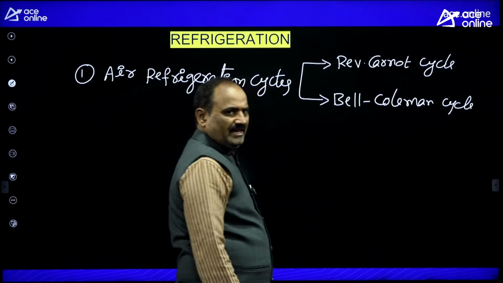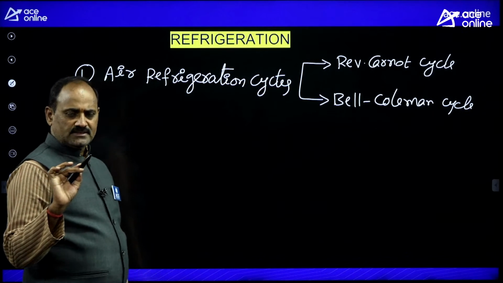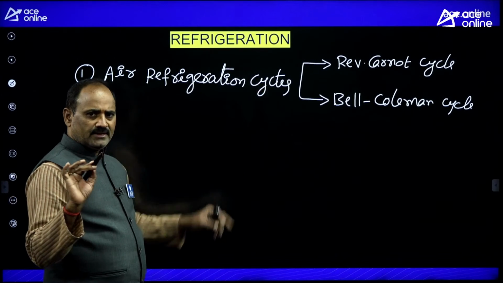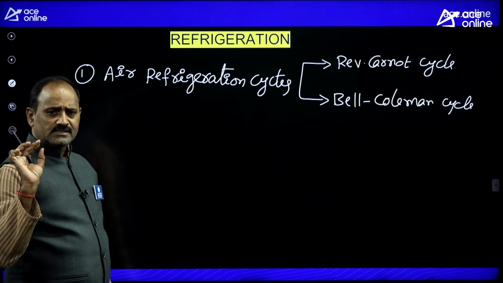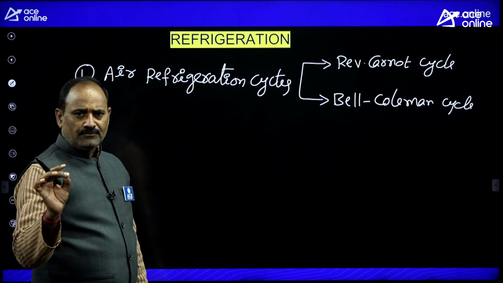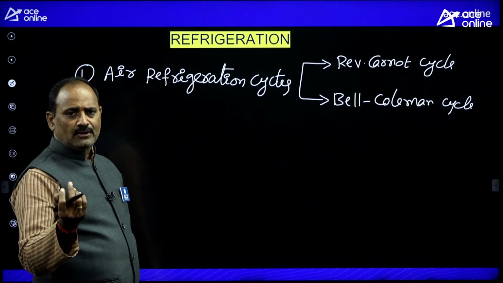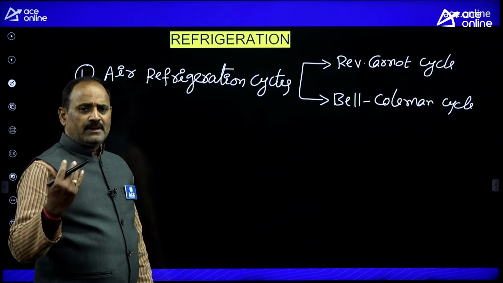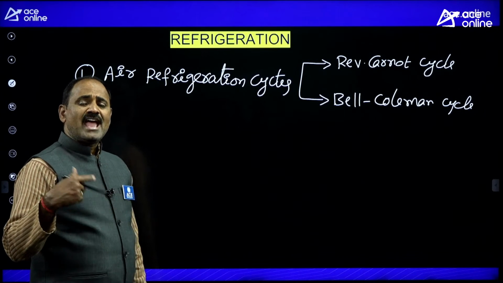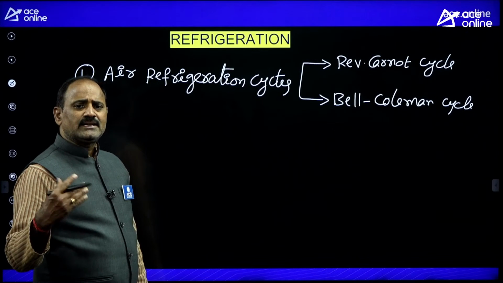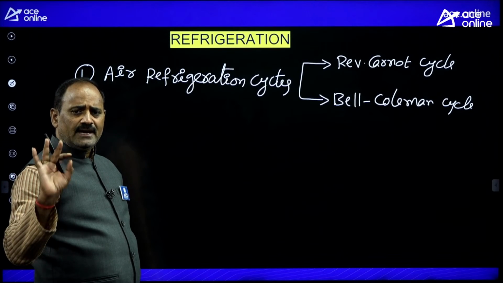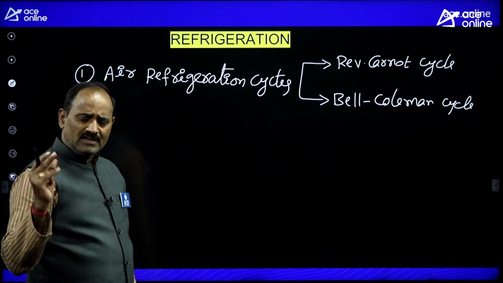From the GATE point of view, aircraft refrigeration cycles need not be studied. But those students who are preparing for ESE, in addition to these air refrigeration cycles, you need to study all 6 aircraft refrigeration cycles, like simple aircraft refrigeration without evaporative cooling, with evaporative cooling, bootstrap air refrigeration system without evaporative cooling, with evaporative cooling, reduced ambient type aircraft refrigeration, regenerative type aircraft refrigeration. Those are all coming under aircraft refrigeration systems, needed only for those students who are preparing for the ESE exam.